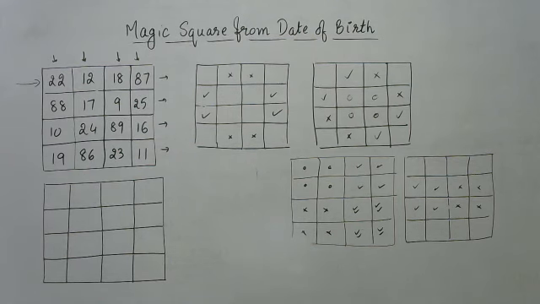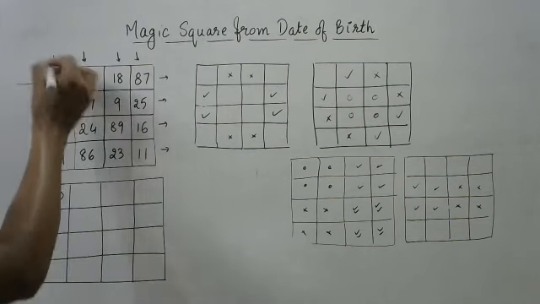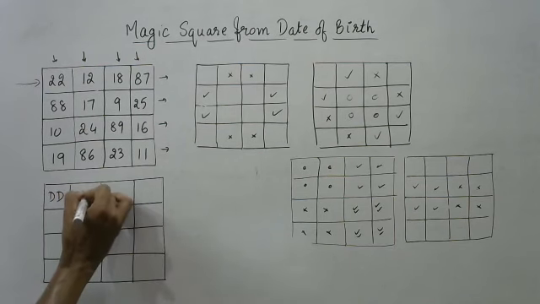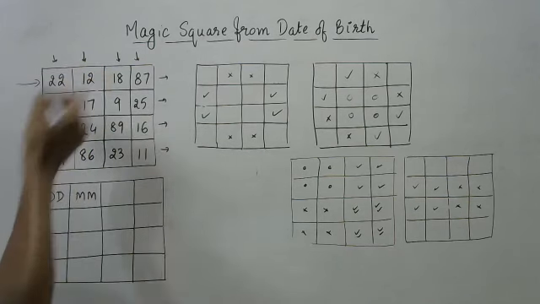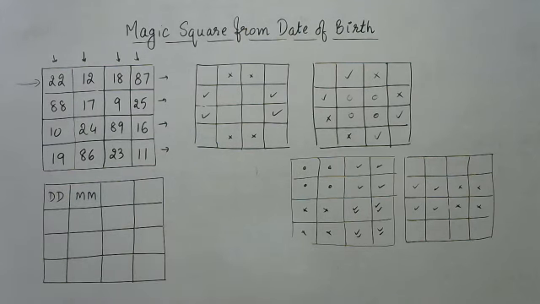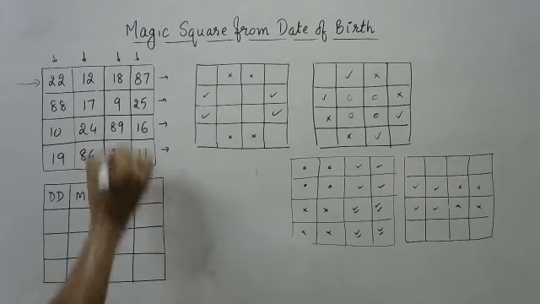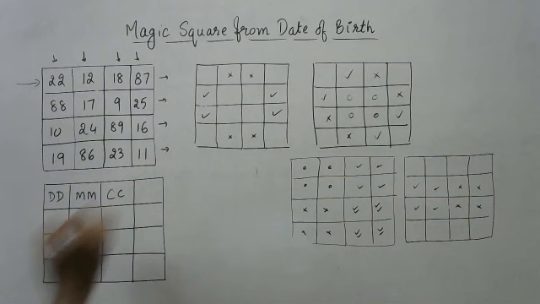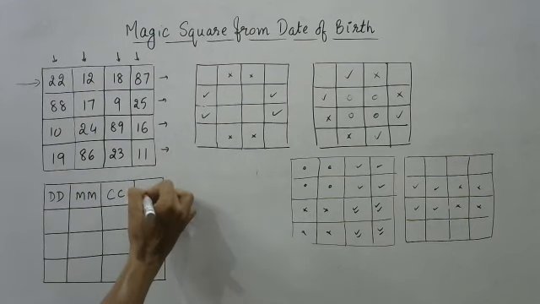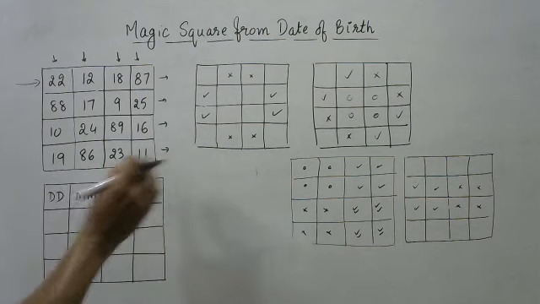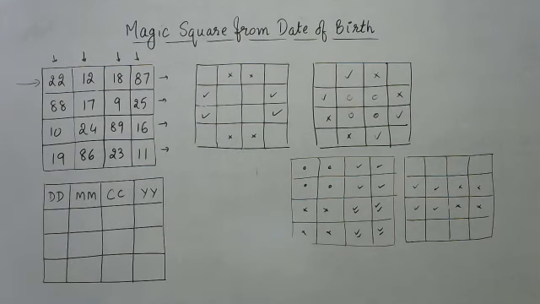What you have to do is write your date of birth, like 22nd, then the month of birth, so 12 December. If you have a month like July, it will be 07. Then the century and the year, like 18 for the century, and the year. So DD, MM, CC, YY. This is the format in which you write your four double digits, and they have to be double digits. If they are single digits, you have to prefix a 0, and that can happen in the date and the month.